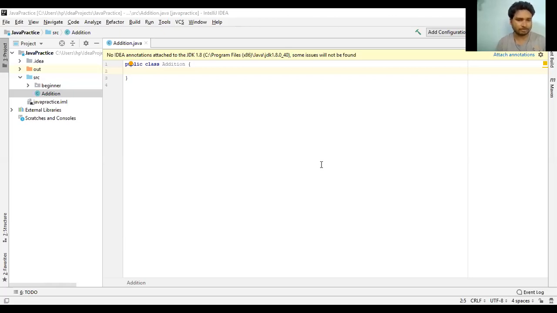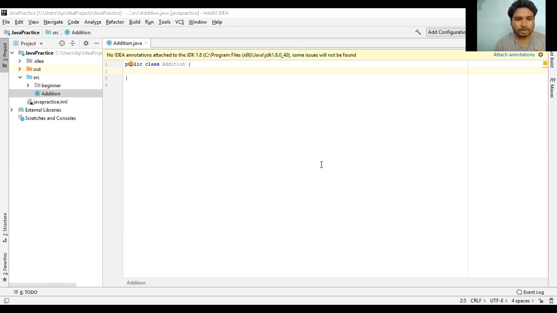We have some installation procedure. You install Java in your system, and you choose one IDE. Maybe you choose IntelliJ IDE or NetBeans or Eclipse. Any IDE you can choose. It will be better if you use IntelliJ IDE, because I'm going to do the programs with it. It is one of the most powerful IDEs.